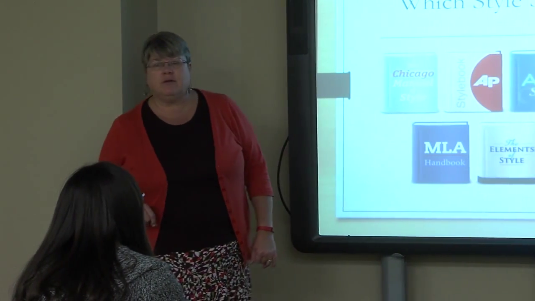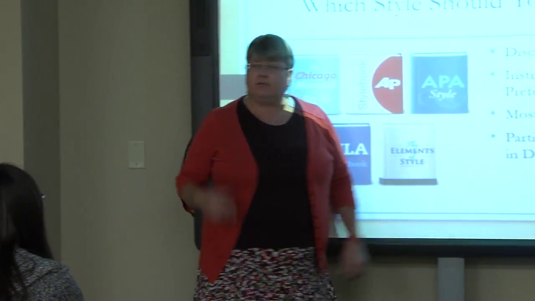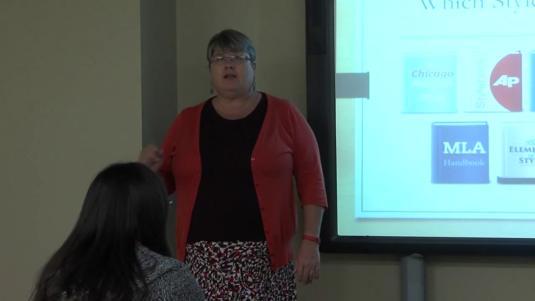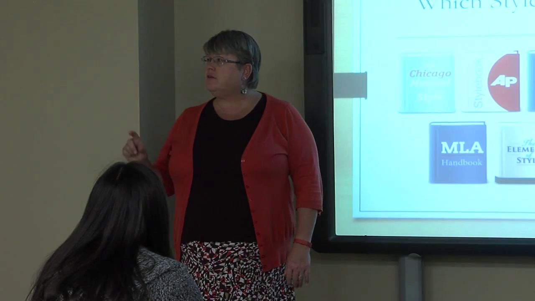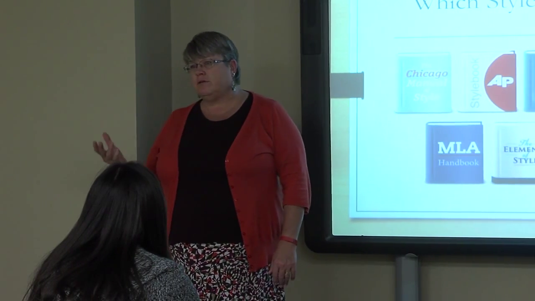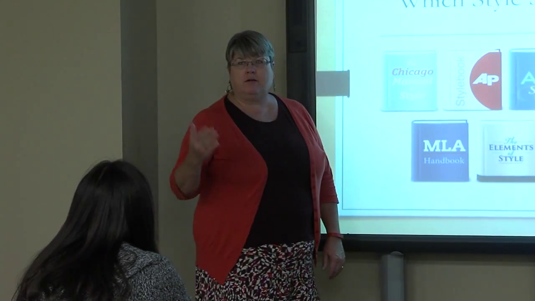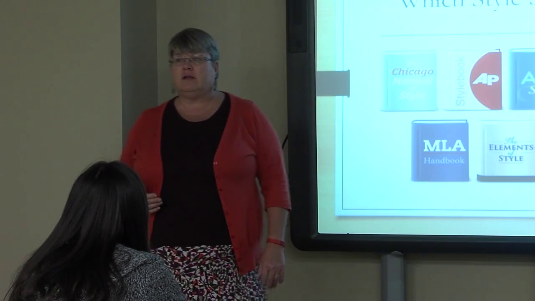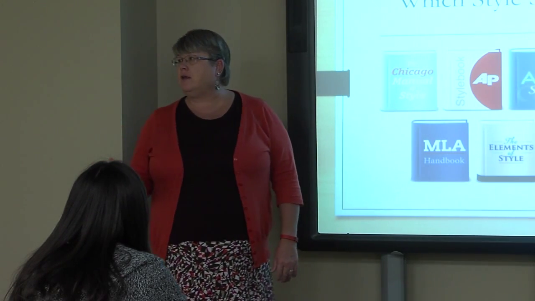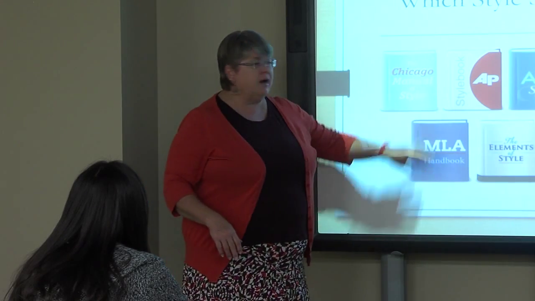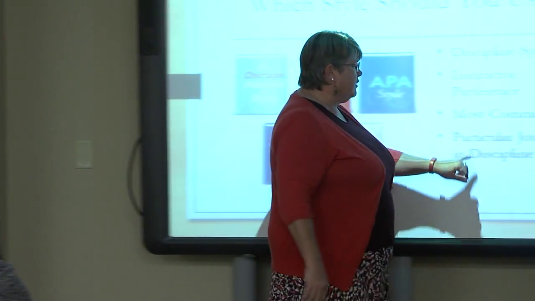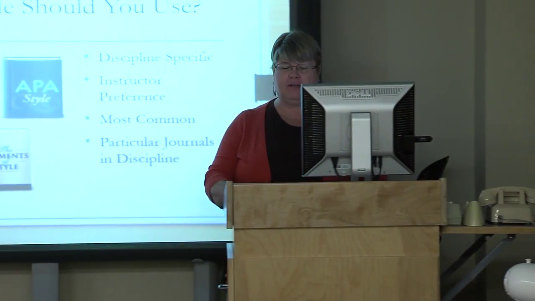The journal might have its own style that they want you to use. And so a lot of times what I want to do to find out what that style is, and what I do with the biology students, is I'll go to that journal website, and there's usually instructions for authors, and a lot of times in those instructions for authors, they'll tell you what style they want to use. So right now I'm writing a paper that's going to be in a proceedings. They tell me what style they want me to use, and it may be their own style, and they'll usually give me examples on how they want me to do it. If they want me to use one of these common ones, they'll tell me that too. So you may have to look at that particular journal in that discipline to see what style they use.